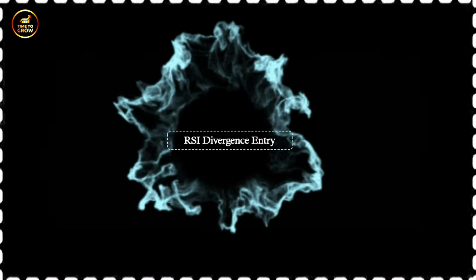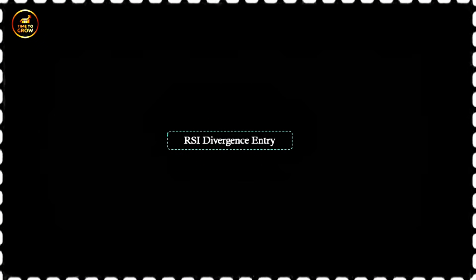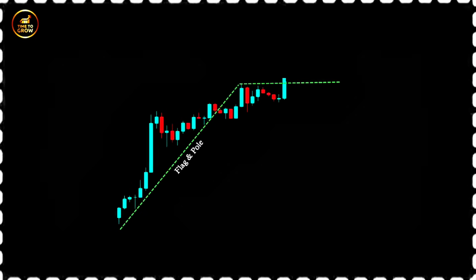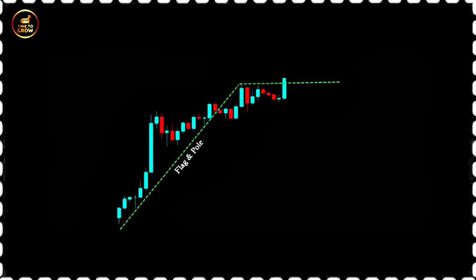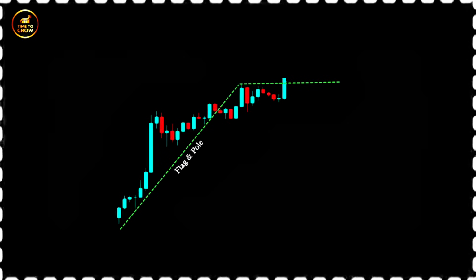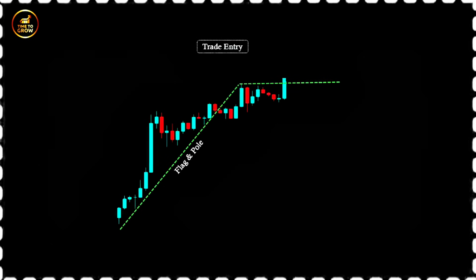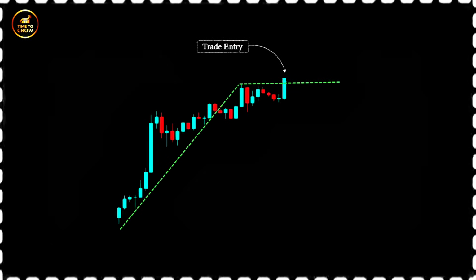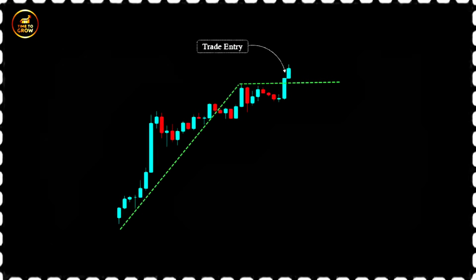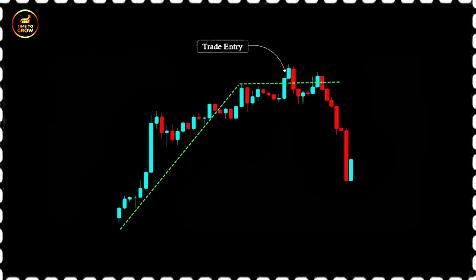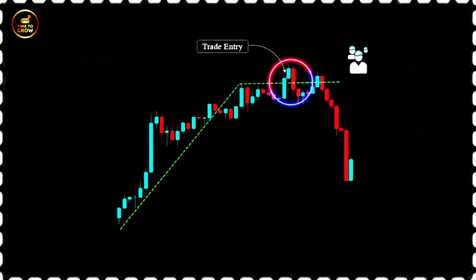Tip number 1. Use RSI or stochastic divergence before entering a breakout trade. When price continues trending upward, the chart often forms a flag and pole pattern, a continuation pattern of bullish price action. As soon as a strong green candle breaks out of the flag, new traders jump into a buy trade immediately. But just a few moments later, the price reverses sharply and moves downward, trapping all the buyers who entered